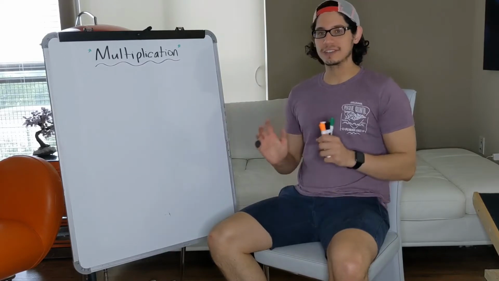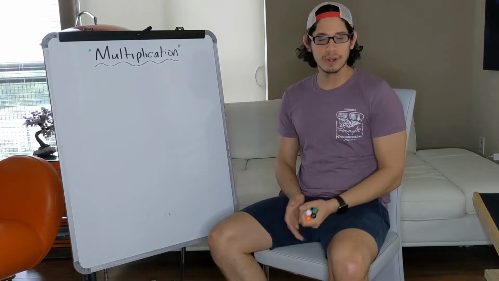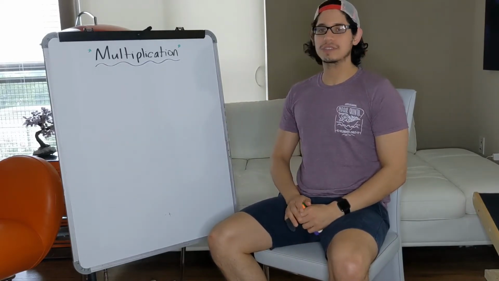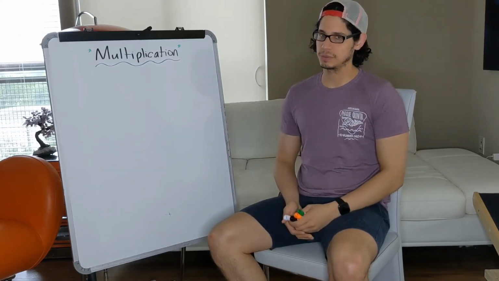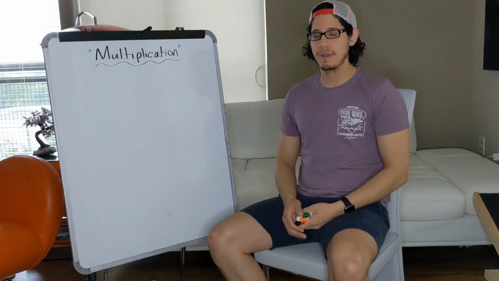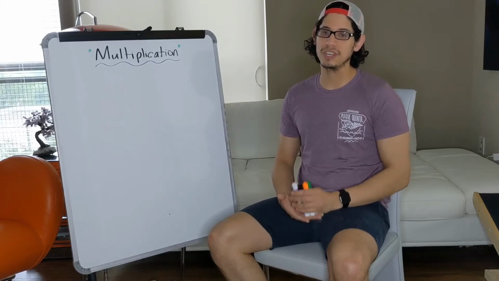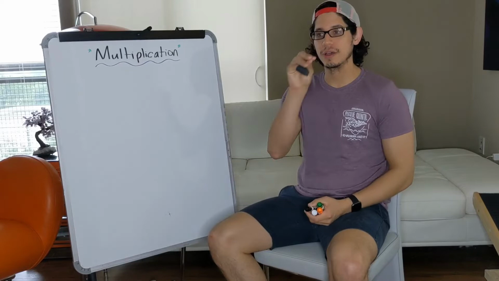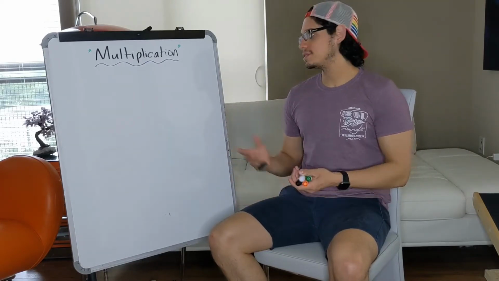So multiplication is actually pretty easy. In second grade, you really won't have to memorize anything, only if you want to. But we're just going to be taking a look at what multiplication means and when we can use multiplication to solve problems. So this week in Texas Go Math, you have already seen how to represent multiplication using equal groups. Equal groups are groups with an equal number of things in them. For example, let's say we have